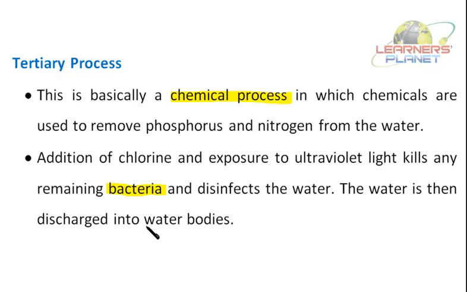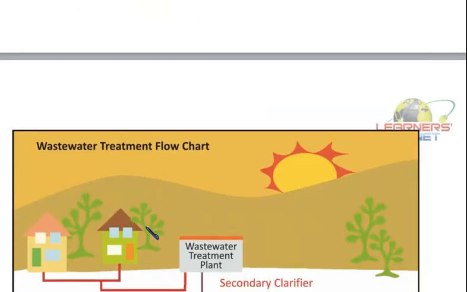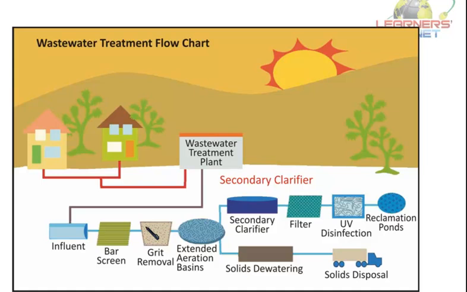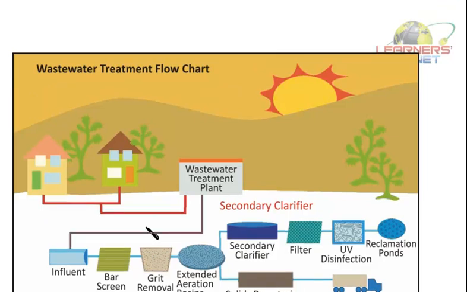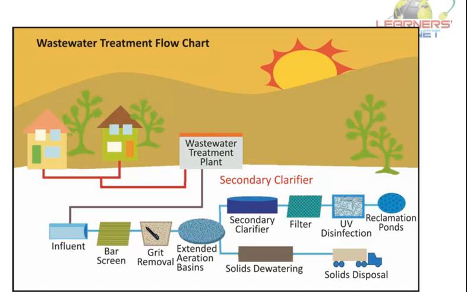So in this way we can say that tertiary treatment is simply the additional treatment beyond secondary treatment. Tertiary treatment can remove more than 99% of all the impurities from sewage, producing an effluent of almost drinking water